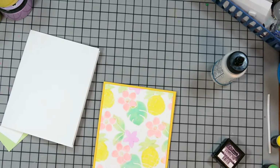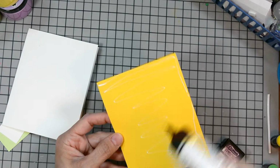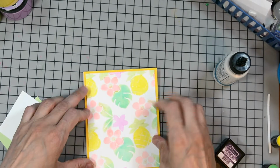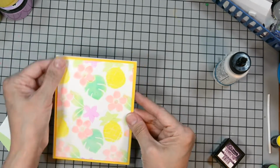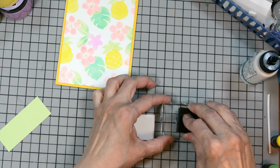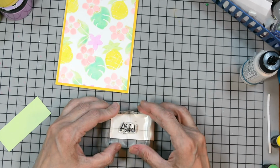I use some Barely Art glue to adhere the top panel onto that layering cardstock. I'm going to adhere both these panels to our card base. And again, our card base is made from Not Your Mama's cardstock. I press it into place firmly, and now I set it to the side for a second so we can stamp our sentiment. I'm going to use our Raven Detail ink to ink up our sentiment, which reads Aloha,